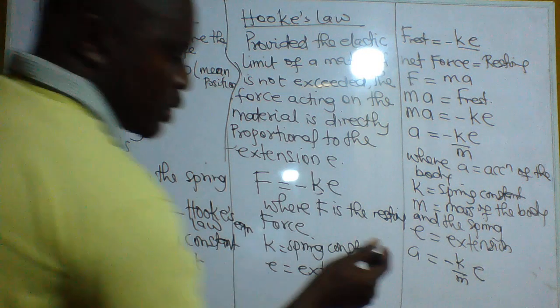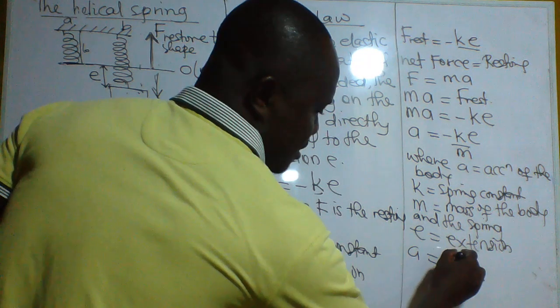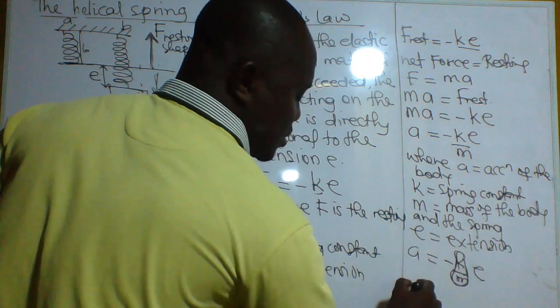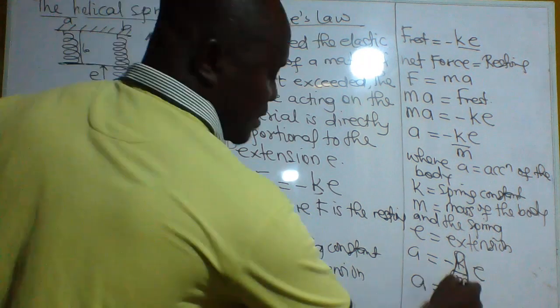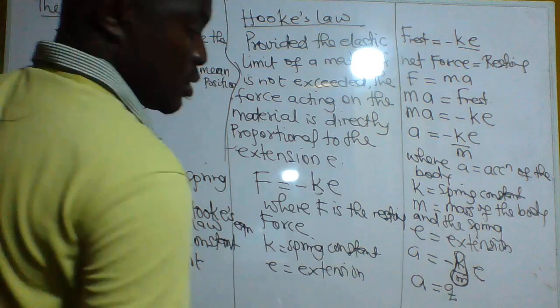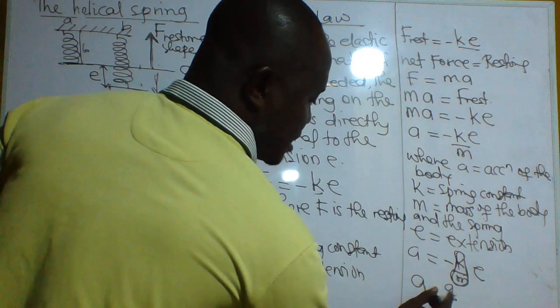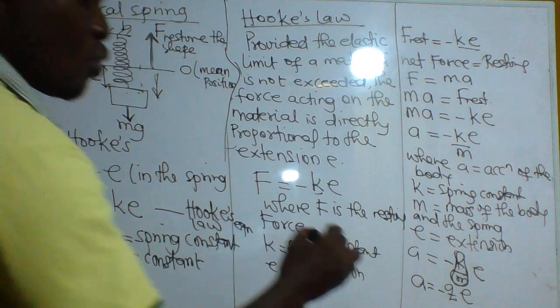So what it implies is that this whole component of the equation is a constant. So a is equal to, let's name this part of it Q, so we have a is equal to minus Q times e,